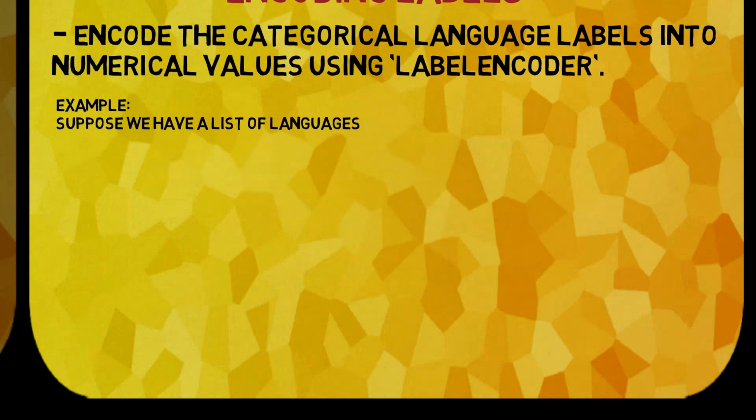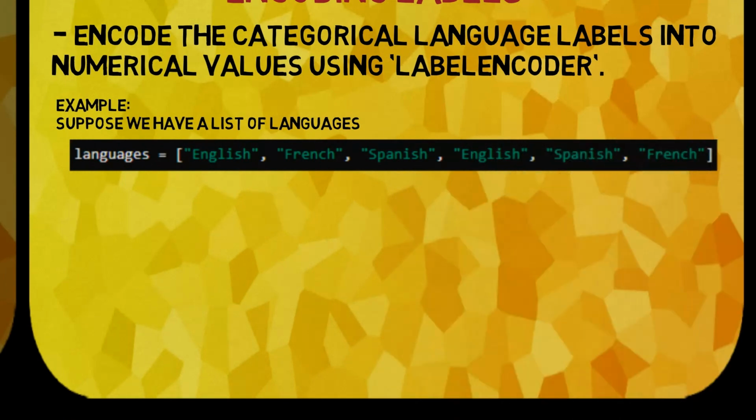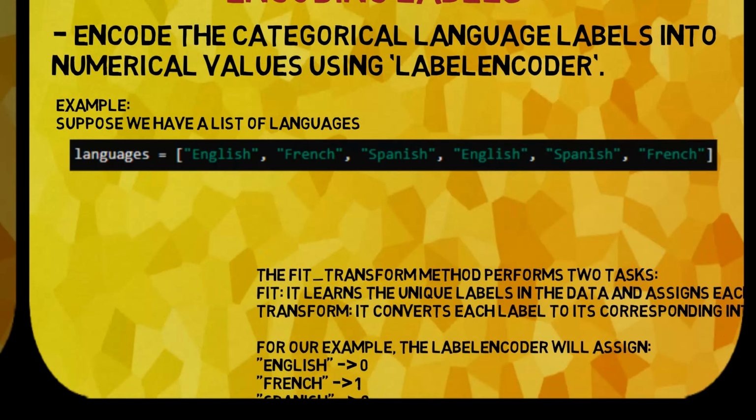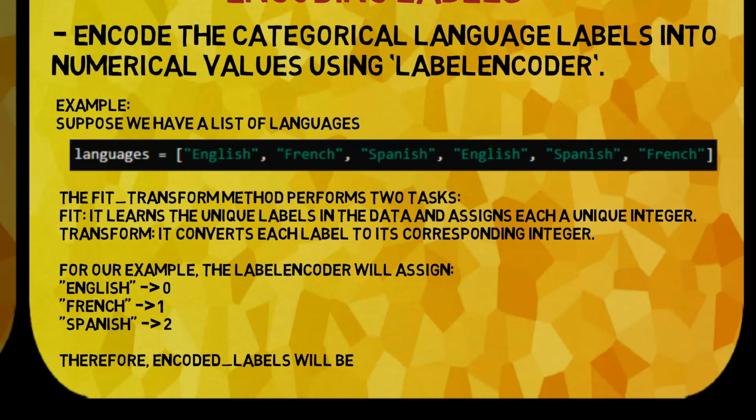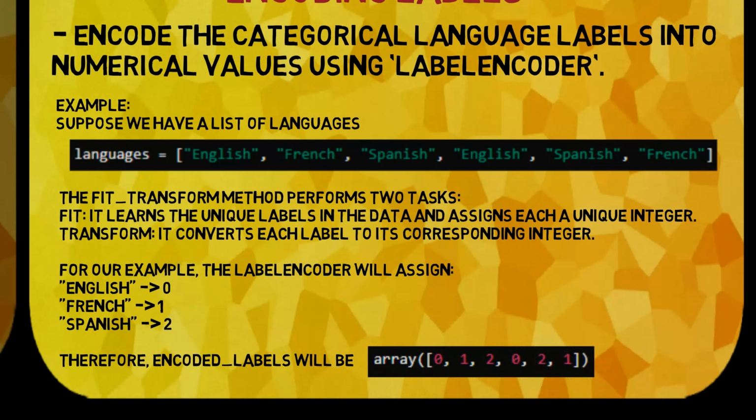Example: suppose we have a list of languages. The fit_transform method performs two tasks. Fit: it learns the unique labels in the data and assigns each a unique integer. Transform: it converts each label to its corresponding integer. For our example, the LabelEncoder will assign English to 0, French to 1, Spanish to 2. Therefore, encoded labels will be